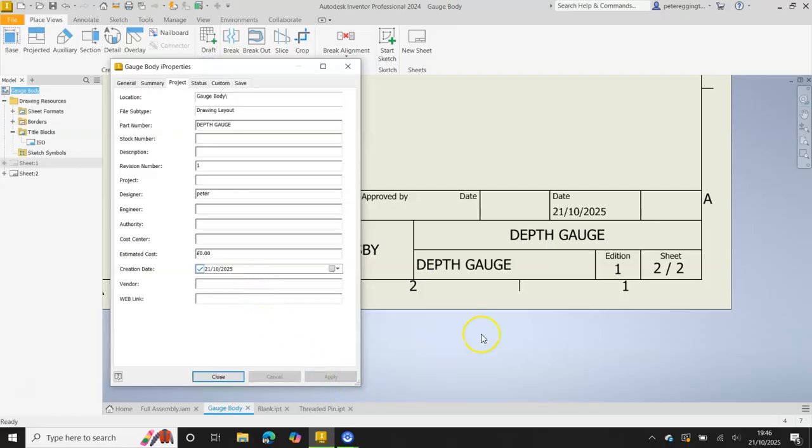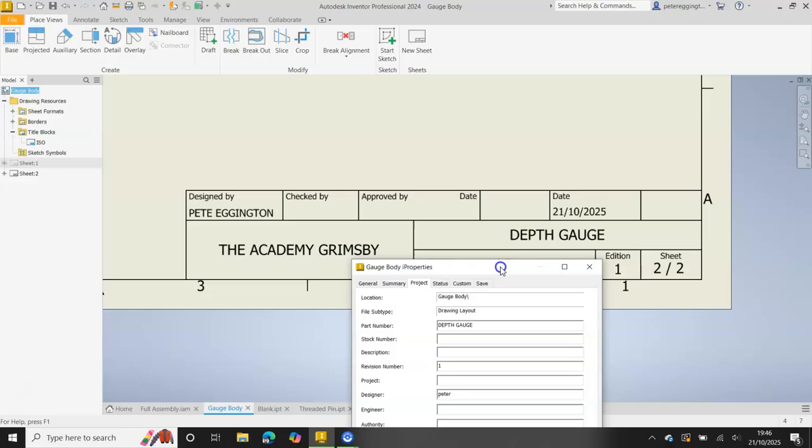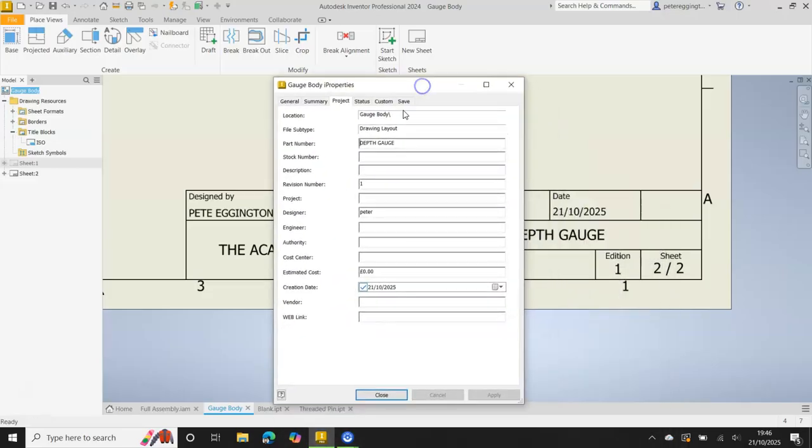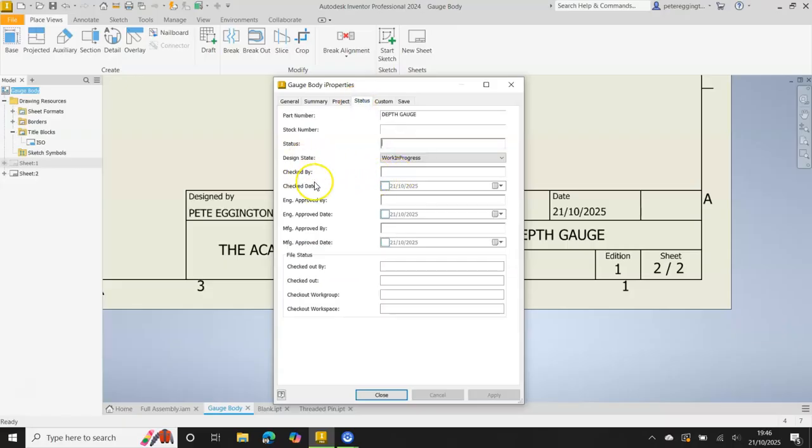We'll go apply, and then the ones that we've not got from the default ones out here are the checked by and the approved by, and they're in status. So we get checked by and we get Eng approved by. So not manufacturing approved by, that's not going to change anything. Our ISO.IDW title block is Eng approved by and checked by. So this could be